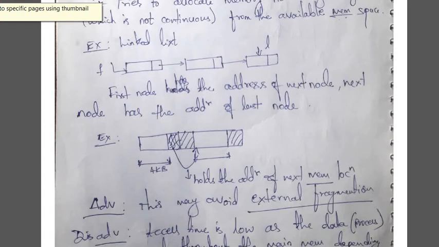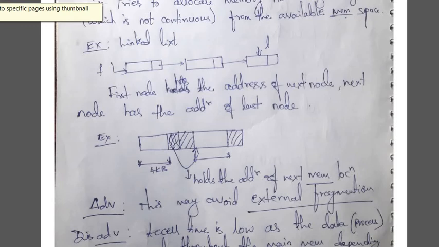Here 4 KB can be accommodated in one hole, and the remaining 1 KB can be placed in the next hole, but we need a pointer to the address of the next node, remember that. So what is the advantage? This may avoid external fragmentation. In the continuous case, even though I had 8 KB of free memory, since my process was 5 KB, I could not allocate the 5 KB request. That was the external fragmentation. But here, since it is allocated in non-continuous form, 4 KB can be accommodated here and the remaining 1 KB there, so I succeeded in allocating memory for the request of 5 kilobytes.